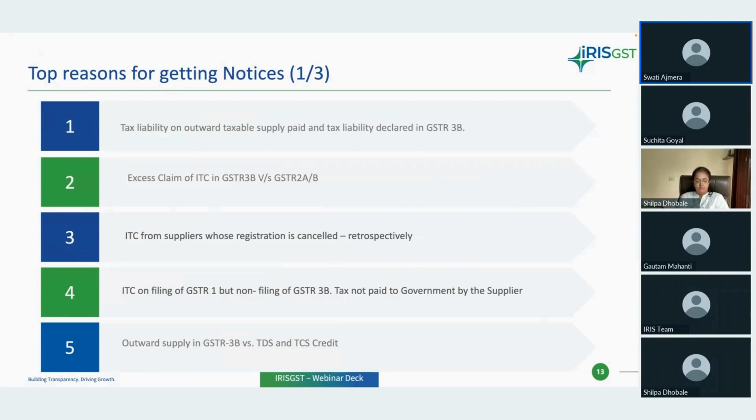Whenever you receive this notice, basically the department just issues the notice saying there is a difference. So you have to be ready, as this is the taxpayer's liability. Whenever you receive this notice, you can keep track of all the changes made in the provisions, when they were applicable, when 2B was introduced, and what ITC you have availed.